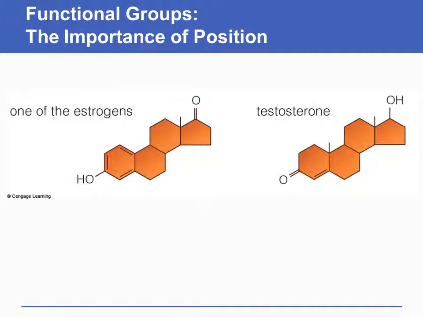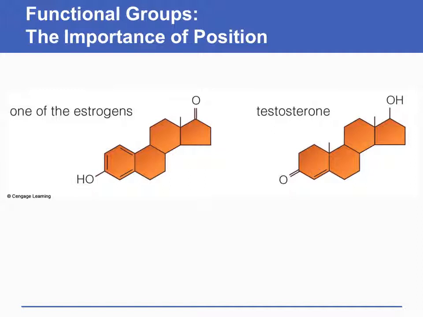Estrogen has an OH group on the bottom left-hand side, and you'll see a double bond with an O. That's really a C double bonded to an O. The pointed edges of the ring are assumed to be carbon atoms. Anyway, the C double bonded to an O, that's the carbonyl group. So estrogen has 2 key parts, the OH down at the bottom left-hand side and the C double bonded to an O on the upper right-hand side. Those are the 2 key parts of estrogen. The rest of the molecule